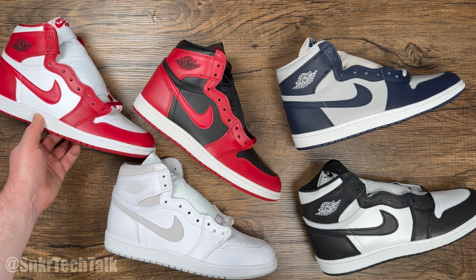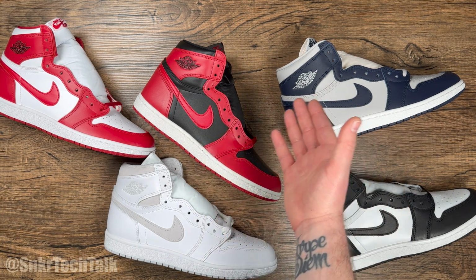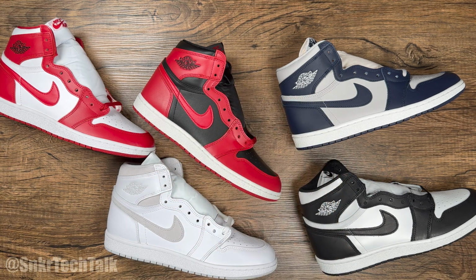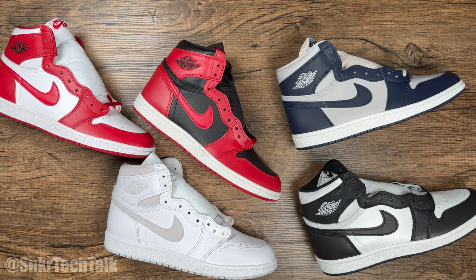It kind of seems like Jordan Brand is releasing an OG pair one year, and then the next year something like a sample. Here you've got a couple samples from back in the day, this one being a Photoshop, but this one here, the Hoyas, were a sample. So it's interesting to see what they're going to do next year. I wouldn't be mad if they did release some of the metallic pairs, because there's so many metallic pairs that could release to the general public. You've got the white and orange, the maroons, the purples, the navy blues, the greens, the reds. So they're all beautiful pairs, and I'm hoping that we continue to see the Air Jordan 1 High 85s retro,